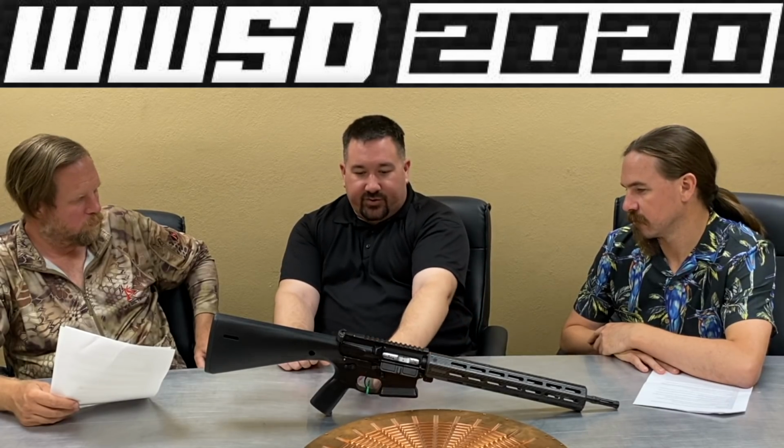You have a winter trigger guard. You have a molded-in grip that if you were buying a similar grip on the market would be $20 to $25. It's a good modern grip design too. Buttstock with the ability to attach QD sockets or M-lok accessories to it, molded in, and the buffer tube molded in as well. So if you add up all these features combined